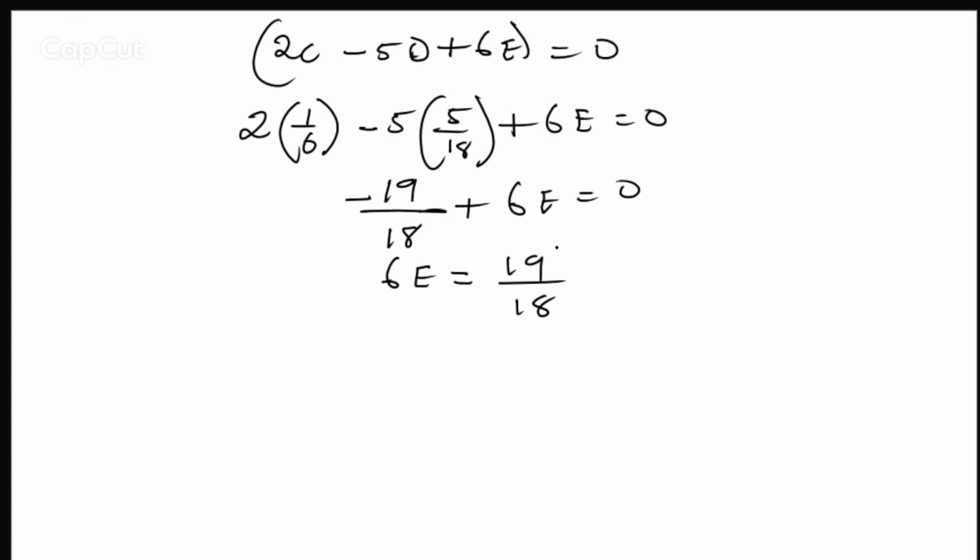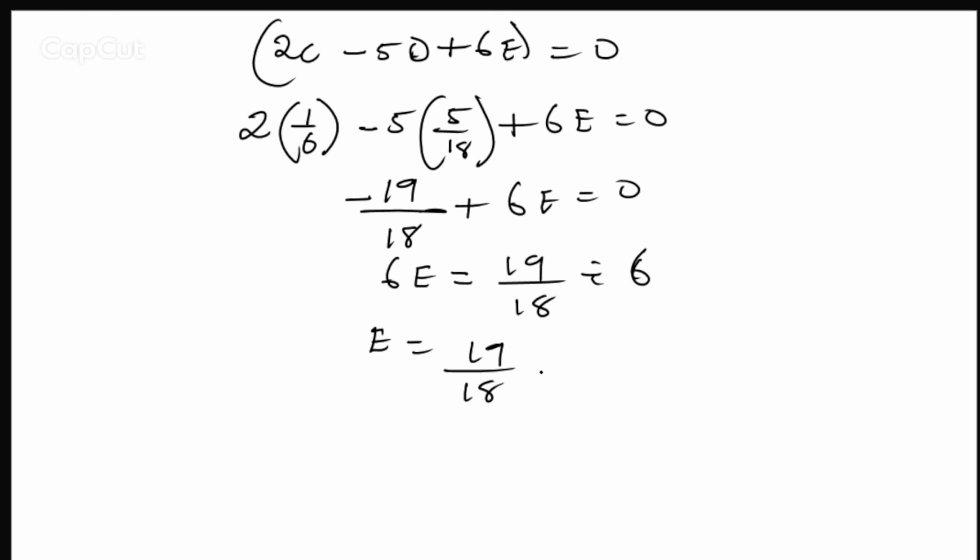So what will you simply have? You simply have E, and E will be dividing 6. Are we together? Now if you punch your calculator, you can simply have this written as 19